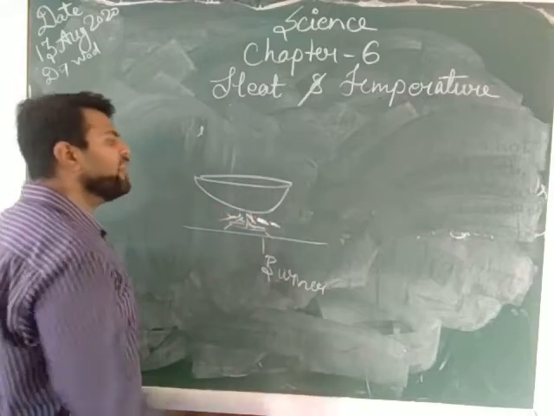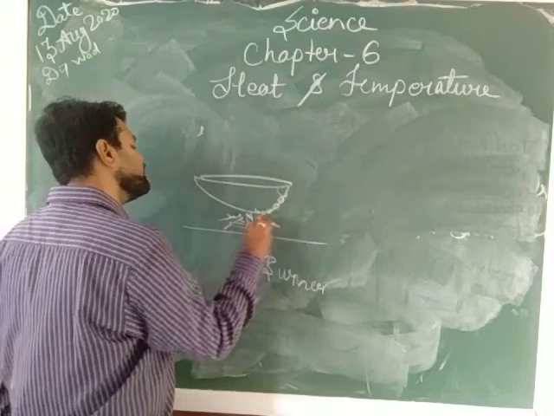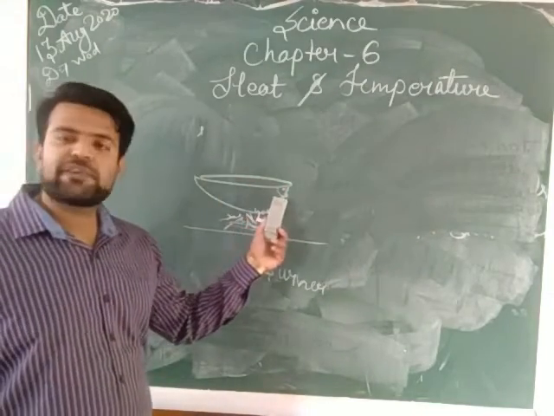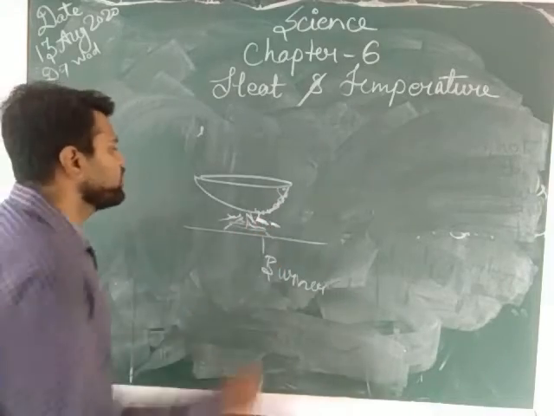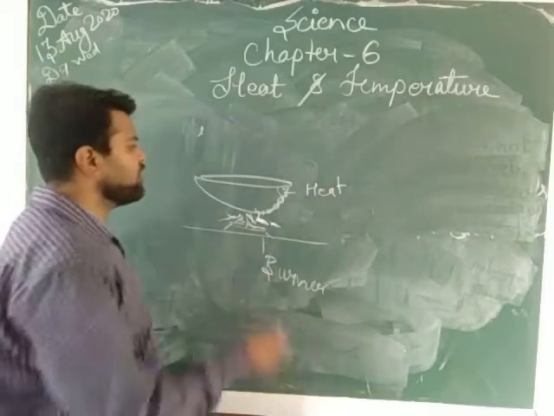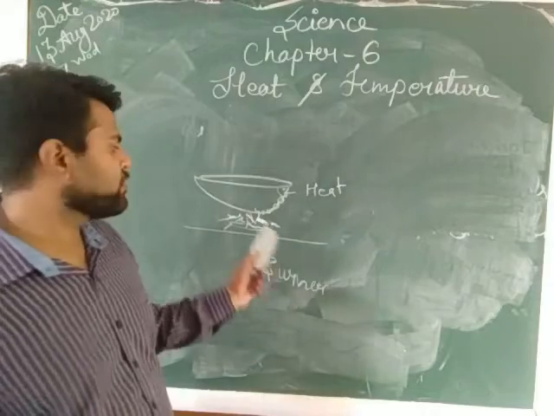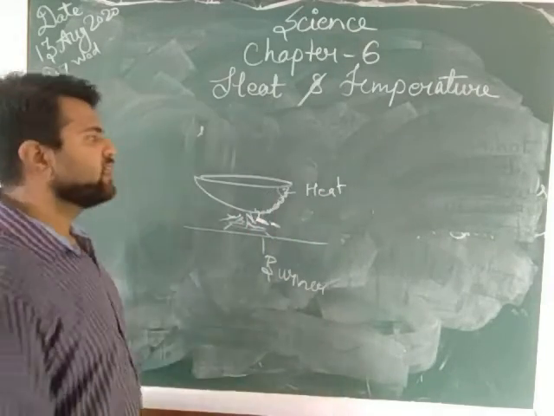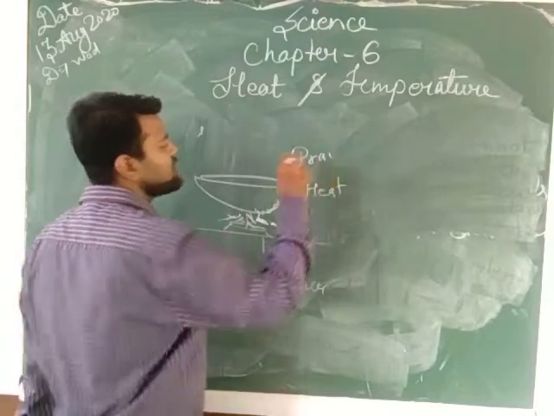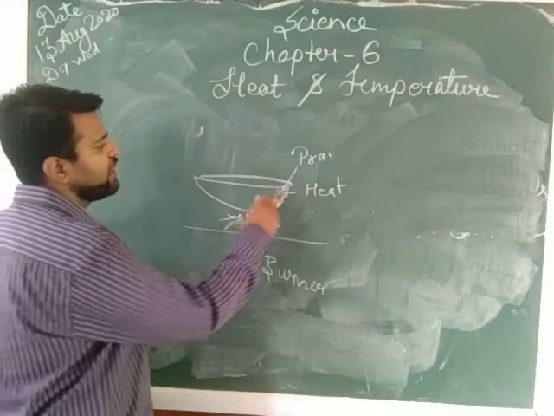heat is applied here. Why do we feel hot here? Because the molecules here transfer this heat till this portion. So we feel heat here also. When we touch, we get burned. Why do we get burned? Because heat is transferred from here to here through the molecules which are in continuous contact with each other. So this is a practical example in our home, which we see in our everyday life, of how the transfer of heat takes place.